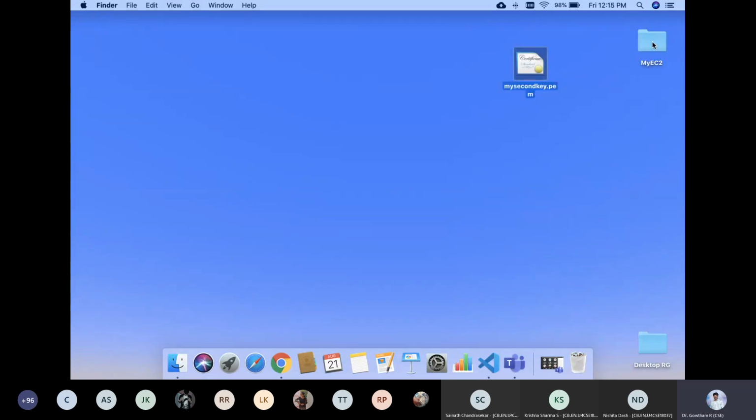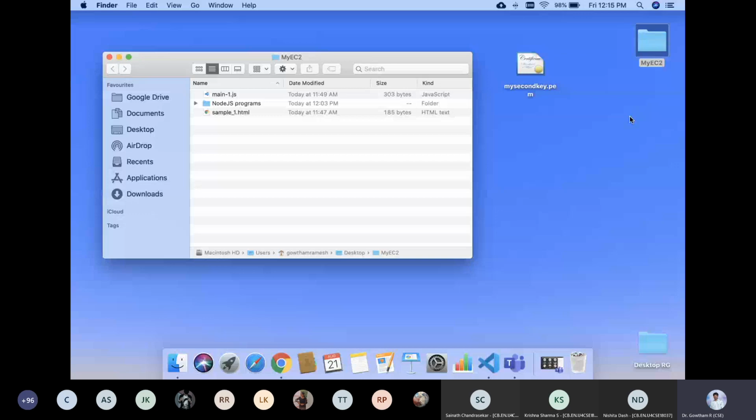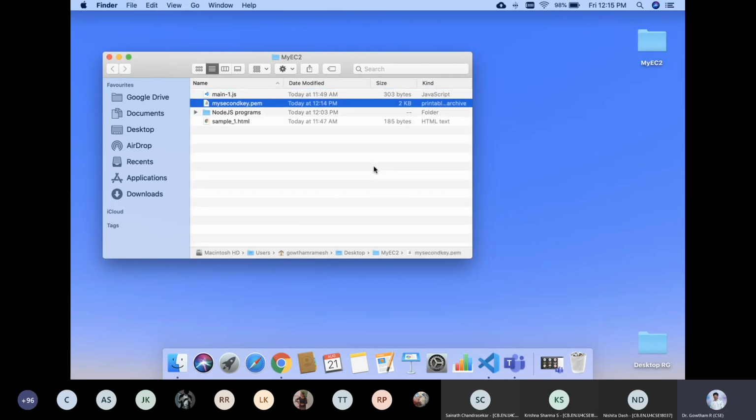All my programs, in the sense two programs, the Node.js program and the HTML program, I have kept in my EC2 folder. Main 1.js is the Node.js program and sample 1.html is the HTML file which we discussed. I would like to keep my key in the same directory as well to simplify my operation.